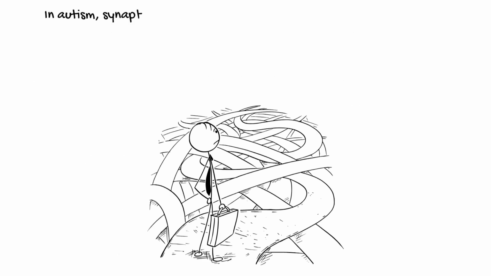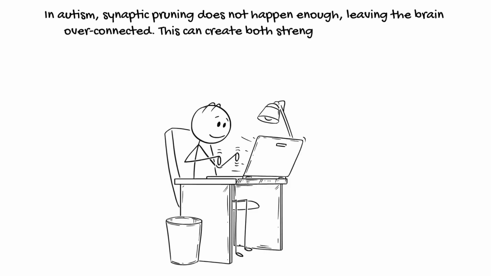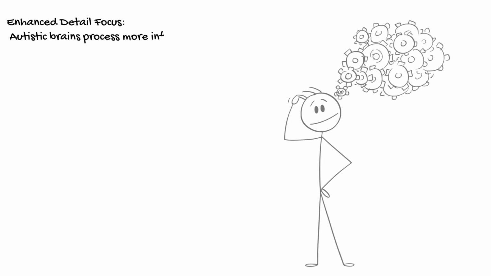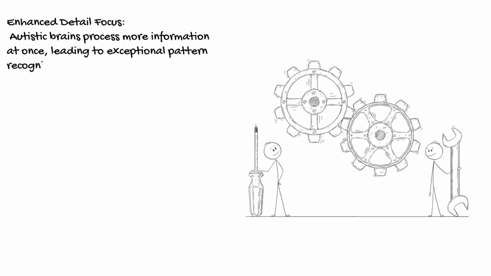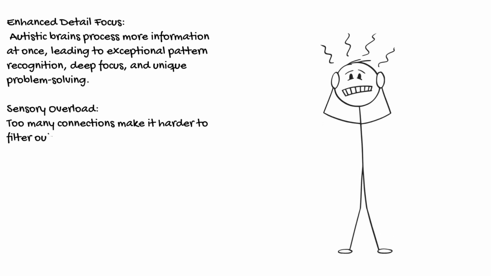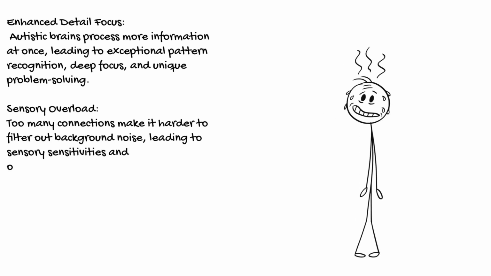In autism, synaptic pruning does not happen enough, leaving the brain over-connected. This can create both strengths and challenges. Enhanced detail and focus. Autistic brains process more information at once, leading to exceptional pattern recognition, deep focus, and unique problem solving. Sensory overload. Too many connections make it harder to filter out background noise, leading to sensory sensitivities and